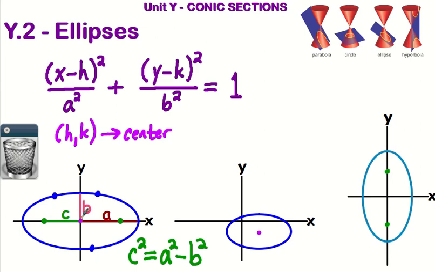The bottom line is, from the center to the focus point is a distance of c. Going back to A and B, here the coordinates of that point right there would literally be A comma 0. But that's only because we're centered at 0, 0. Here, it's a little more complicated, but anywho, that's how you can make connections between the standard form of the ellipse equation and the actual graph. So